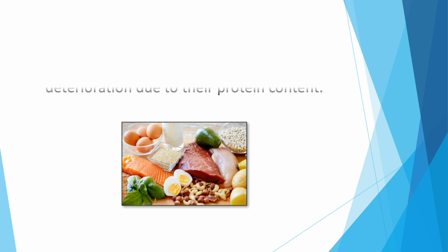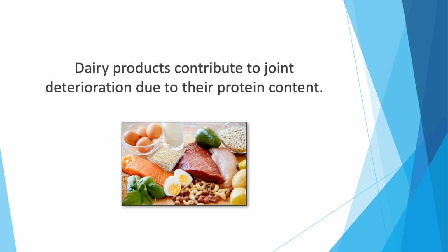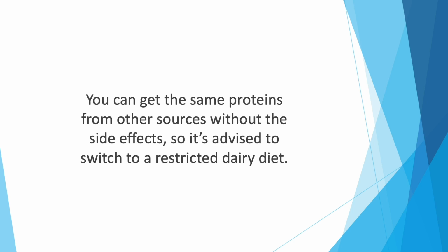You might love nibbling on cheese slices, but this isn't healthy for your joints. Dairy products contribute to joint deterioration due to their protein content. Proteins present in dairy products can irritate the surrounding tissues of joints in many people. You can get the same proteins from other sources without the side effects, so it's advised to switch to a